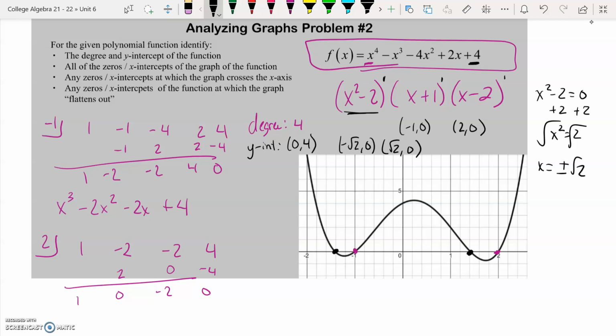And it says, do any of them flatten out? Well, the answer is no, because none of them have a multiplicity bigger than 1. So if it's just a multiplicity of 1, they don't flatten out. So your answer for number 3 right here would be all of them. So I would type in this answer again for number 3, and then number 4 would be none. You would just select 0 on the